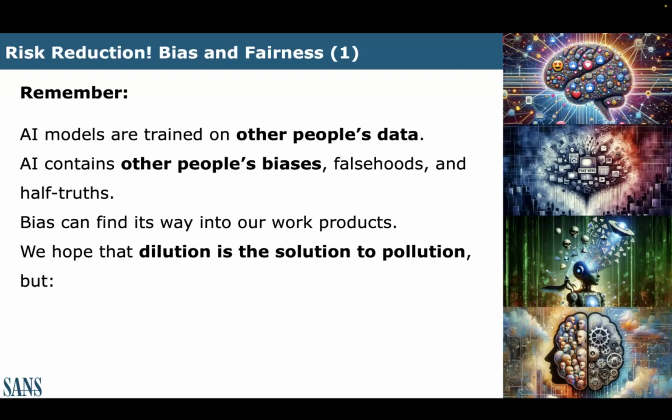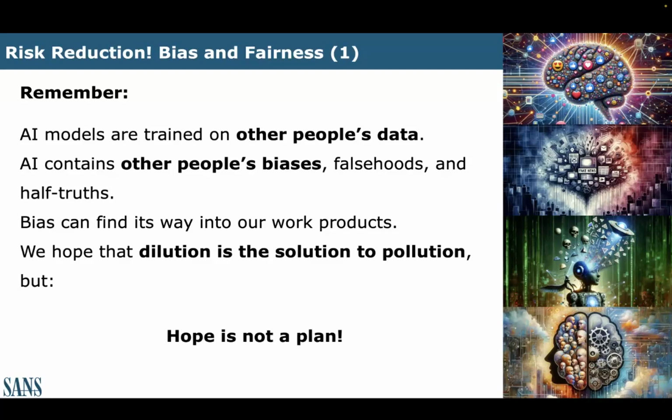When we talk about that, we hope, as I say, that dilution is the solution to pollution. If you're an environmental engineer, that means you hope there's enough unpolluted space that a little source of pollution just dissipates and is gone. In the LLM space, it means we hope there's enough good data to out-statistically signify the bad data. That's what we're hoping, but of course, hope is not a plan. That is true when it's true, until it isn't, and then we end up with a biased answer.